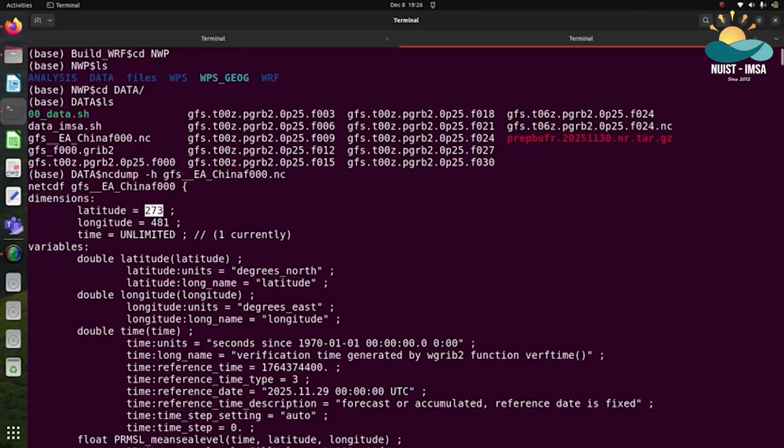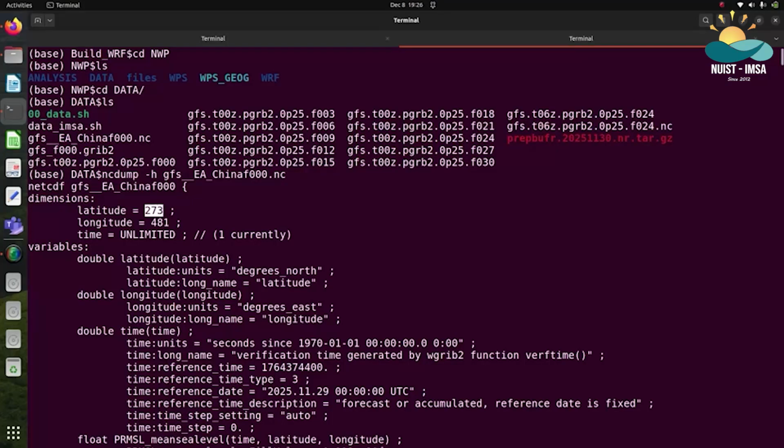we have demarcated 481 grids. So in total, horizontally, we have 273 by 481, that is 131,313 grids. 131,313 grids, and for each of these grids, we solve the thousands of equations that I described when we began